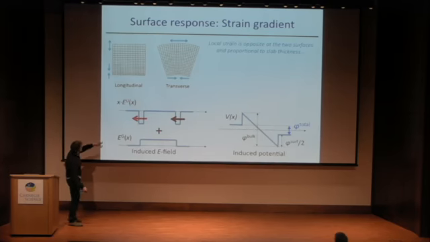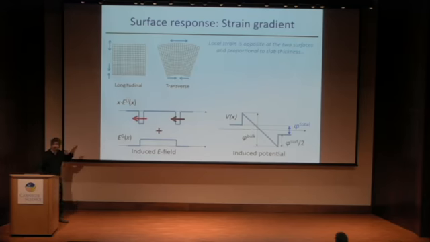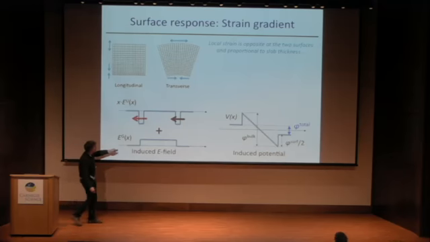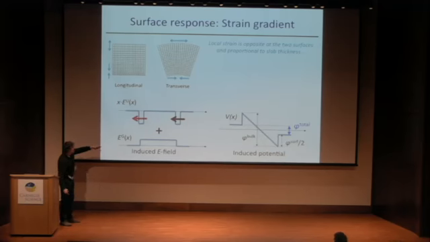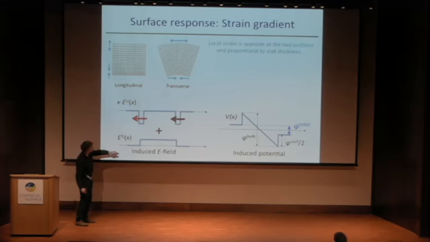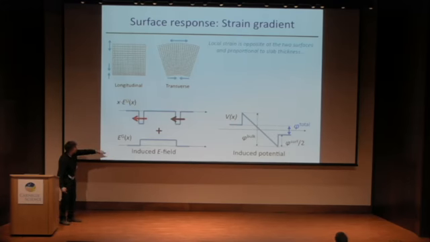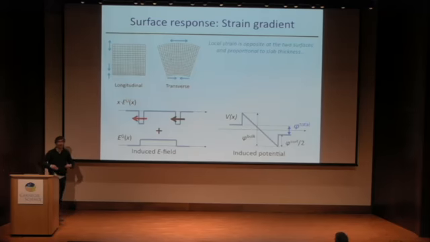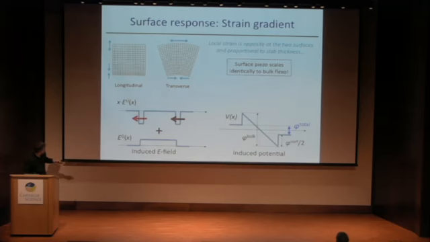And then, in addition to this, you have a contribution from an induced electric field within the material, which is always flexoelectric at the bulk level. And the result is this: from the point of view of the induced potential, there is a constant macroscopic field inside the material, and there is a variation in the surface offset here and here, so that you have this broken line that gives you ultimately the total open circuit voltage induced by bending. So the main thing to understand here is that the surface piezo scales identically to bulk flexo.